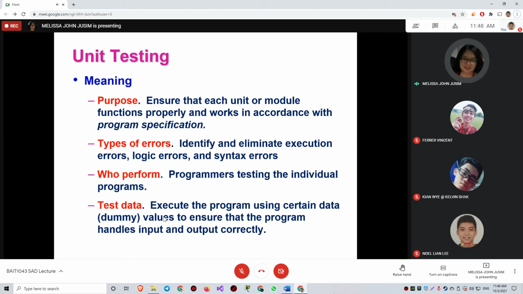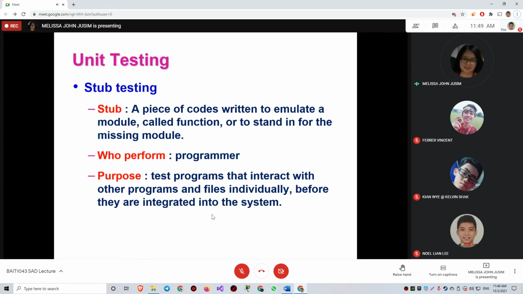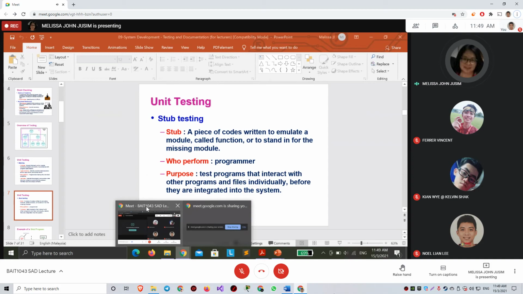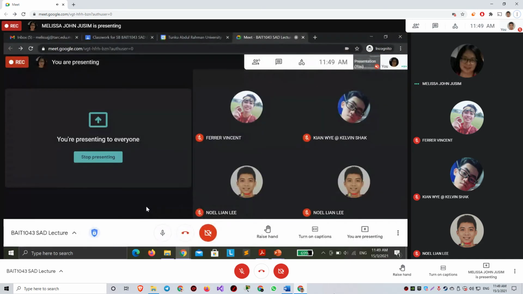All right, handle the input, do the processing, and then display the output that they want. Right. Now, are you aware of the term stub, S-T-U-B, stub testing? Have you heard about stub before this? No, haven't. But I think you might have used this before, stub testing, whereby like in your assignment, okay, you